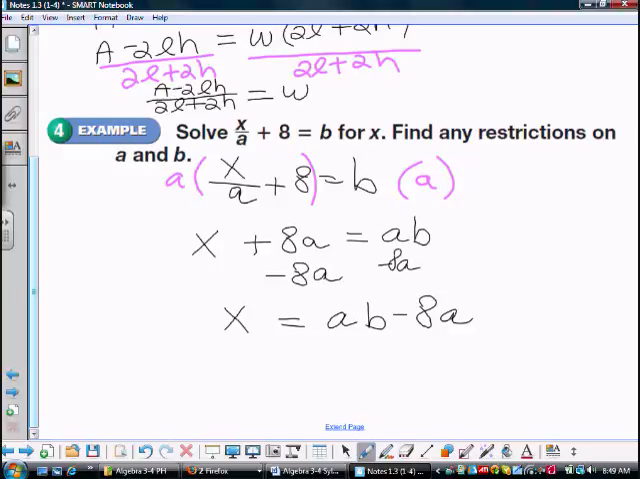Restrictions are that I don't want to take the square root of a negative number, and I don't want to divide by 0. I have one division here in my original problem, right there. If a is 0, then I will have an undefined answer. So my restriction is that a